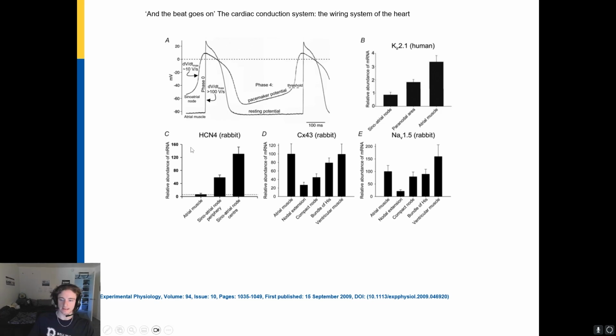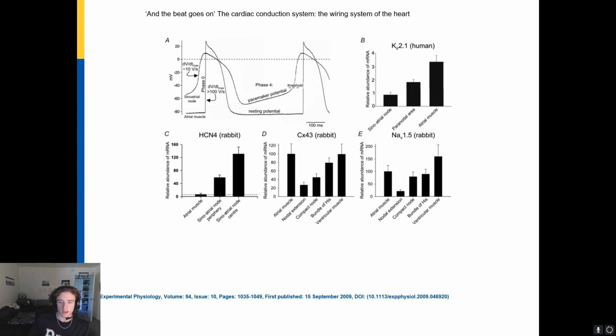So these are all in rabbits, but these are essentially just ion channels. So sodium channel, potassium channel. CX43 is the really, really big calcium channel. And then the family of HCN channels are the funny current pacemaking ion channels, right? So these are hyperpolarization activated cyclic nucleotide gated channels. All right, so back to